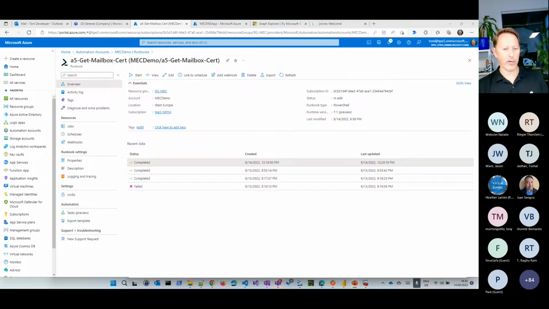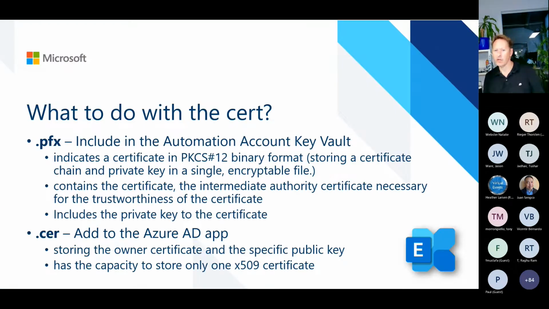Just as a summary, what I did with the certificate, what I showed you very quickly: I used the PFX file to include that into the Azure Automation account. This includes the private key to the certificate, and I used the public certificate to store that in the Azure application. With that component in combination with the application ID, I can authenticate, and almost all the connection modules from PowerShell are able to use such a certificate. But you have to provide the right permissions for that application, of course.